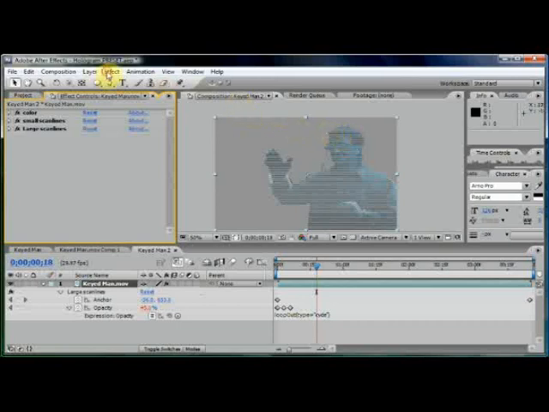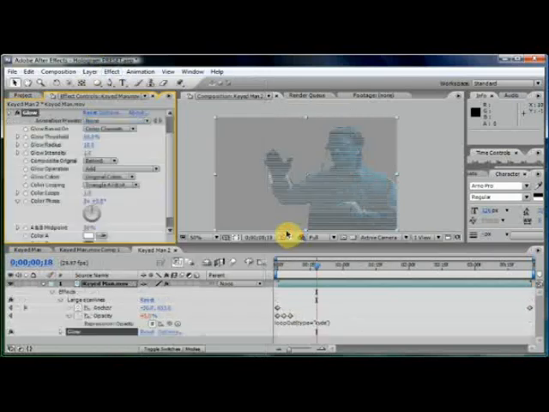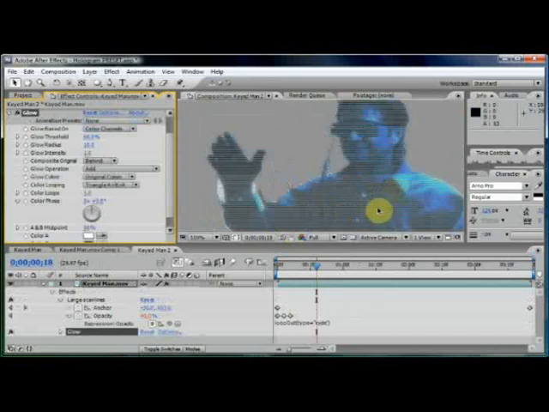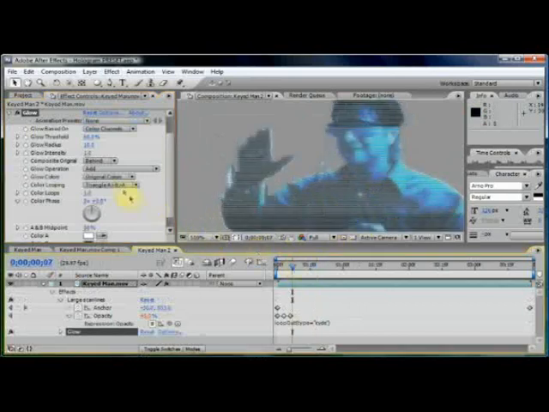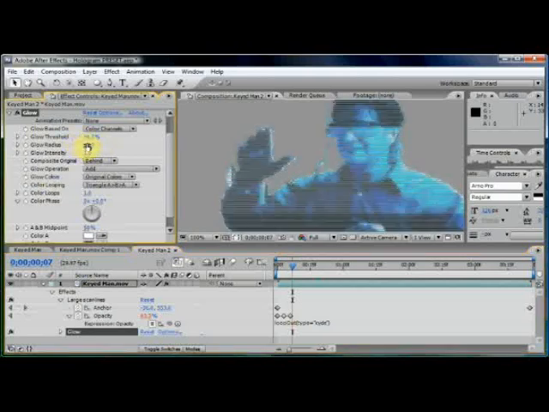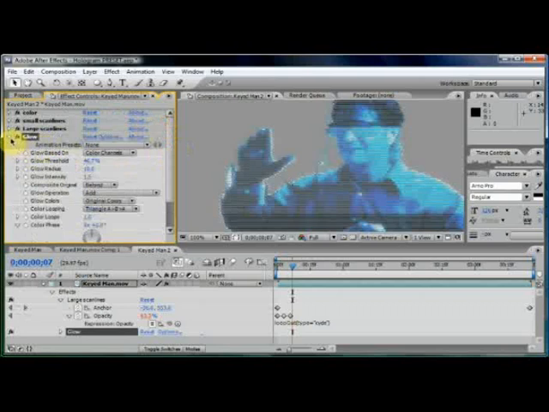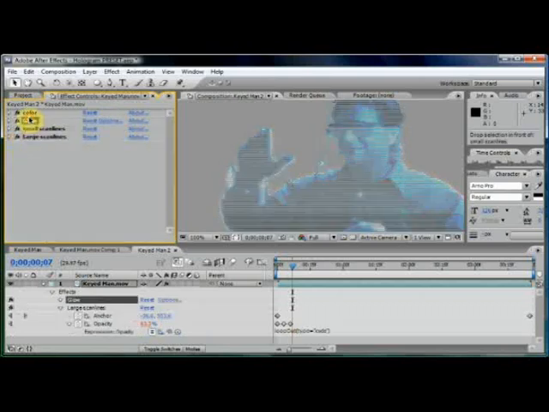Next thing we need is a hologram should have a glow to it, right? So, easy enough, effect, stylize, glow, right there. And right off the bat, not too bad, but, not fantastic either. What we can do is go ahead and change the threshold to where we just get the hot spots, and maybe bring up the intensity. And if we bring the glow effect above our scan lines, it'll cause the entire thing to glow before the scan lines are added. So maybe in between our large,